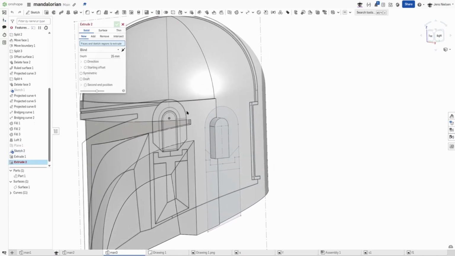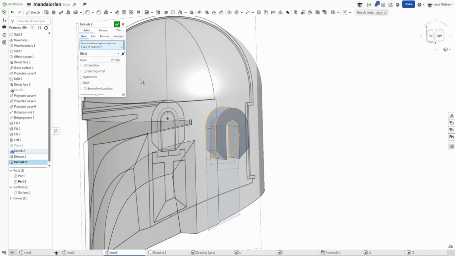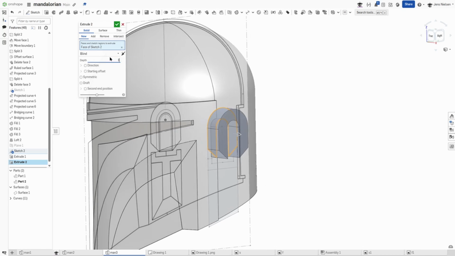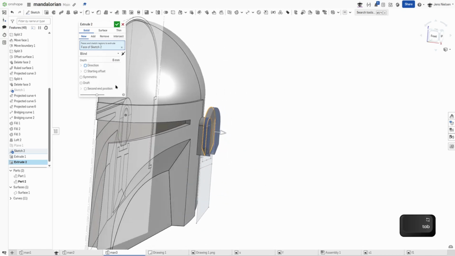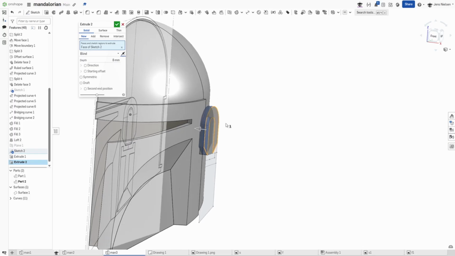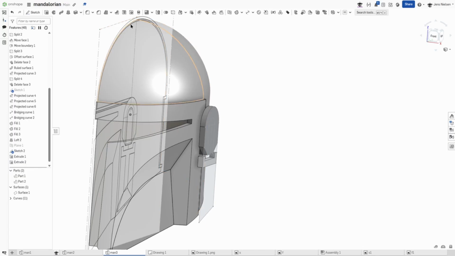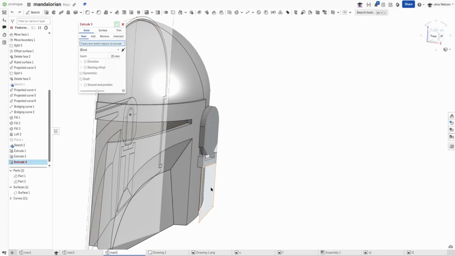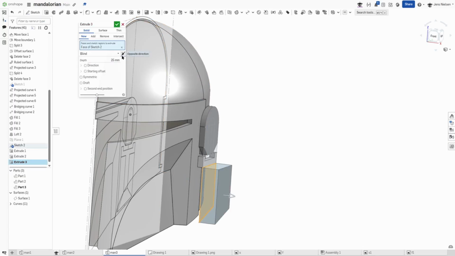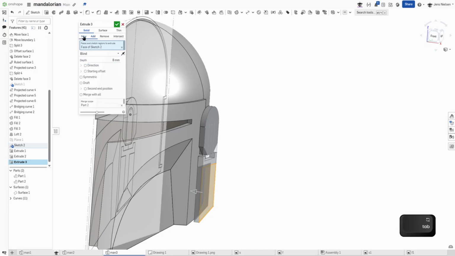Continue with the 8mm extrude a new body of those two regions. Do that one more time with that one down here as a new body,